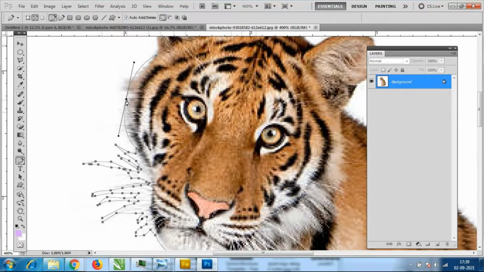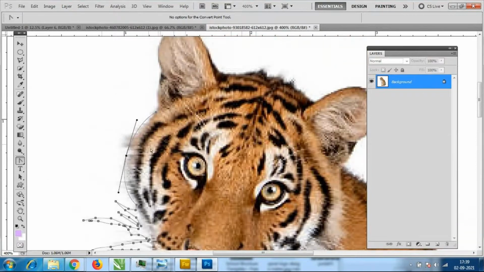See the anchor points. If you want, you can go to the convert point tool and do the changes later. You can come back to the pen tool where you stopped. Now I'll select this one.